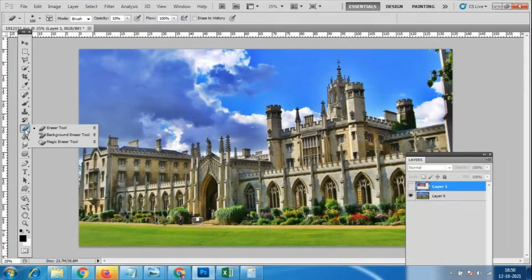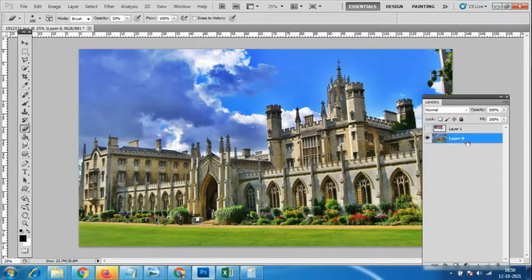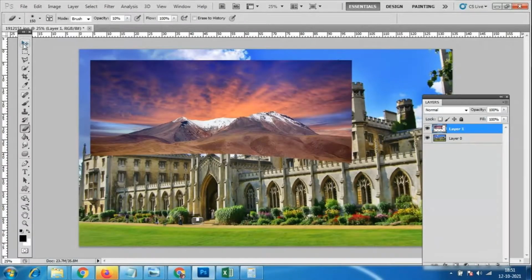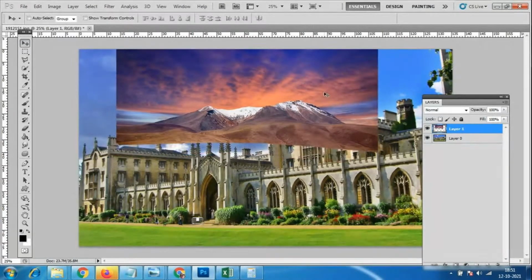Already you people know the eraser tool. I will select this layer 0, increase the brush size, and erase this part. Otherwise we have to merge it. I'll just place it here. Control T.